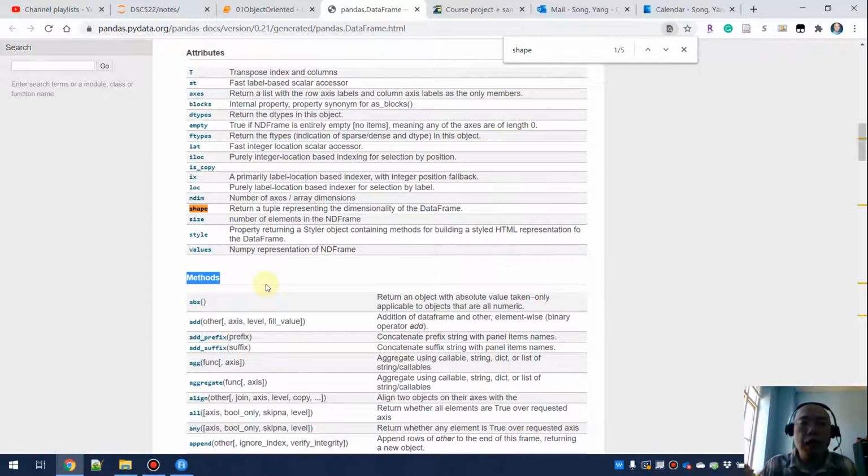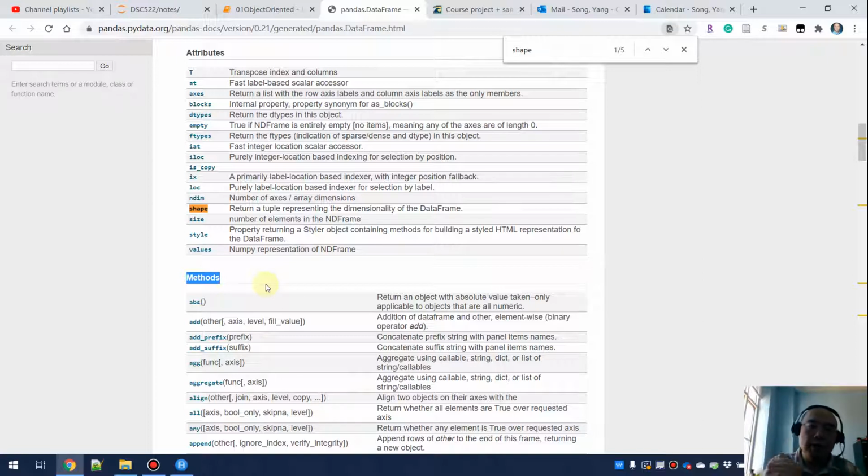Say if you have a pandas data frame, and how do you get how many lines are there, how many columns are there? Do you do a data frame dot shape, or do you do a data frame dot shape and then parentheses? With parentheses or without the parentheses, what is the difference, which one is correct, and how do you know that? And well, of course you can try, and you can do Google searches, and then Google search will probably bring you to Stack Overflow, and there's nothing really wrong with that,